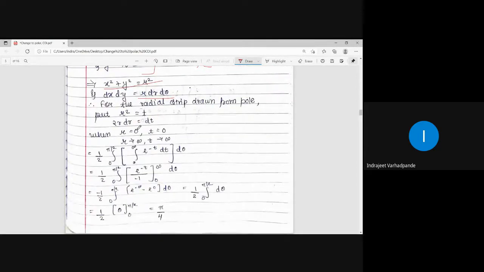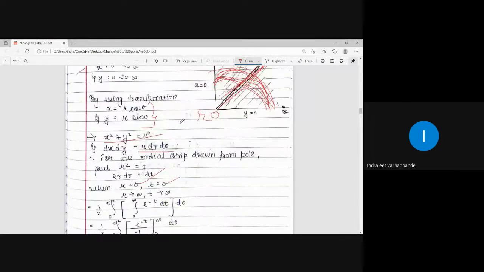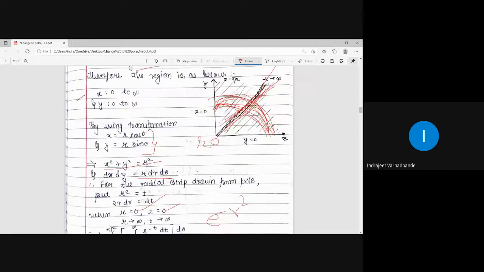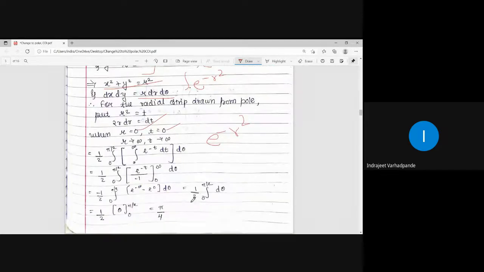Radial strip from pole: r is equal to 0 to r tends to infinity, and theta converts appropriately from 0 to pi by 2. Why convert to t? Because it will be e to the power minus r square. The integral over here will be e to the power minus r square, so put r square equal to t, do the conversion, and simplify. Your answer is pi by 4. So these were all the examples related